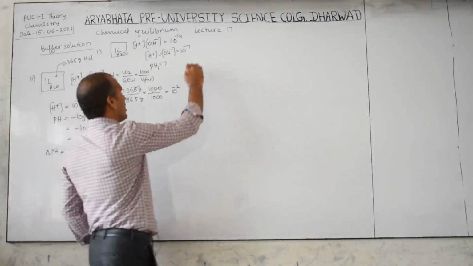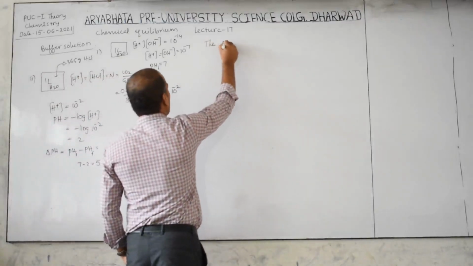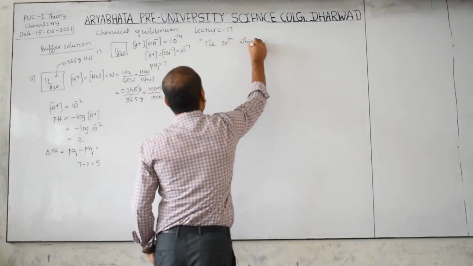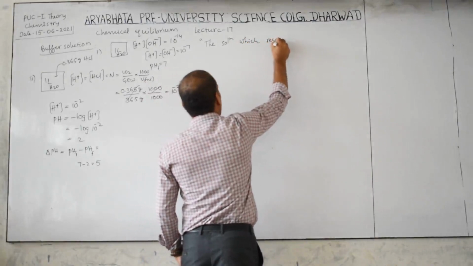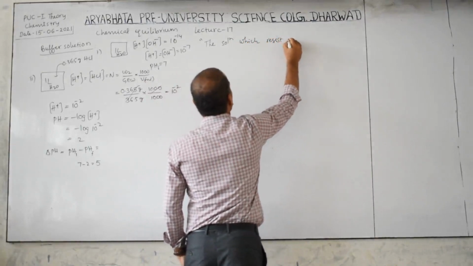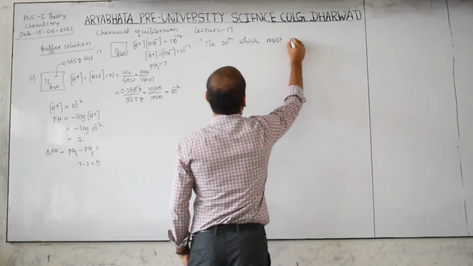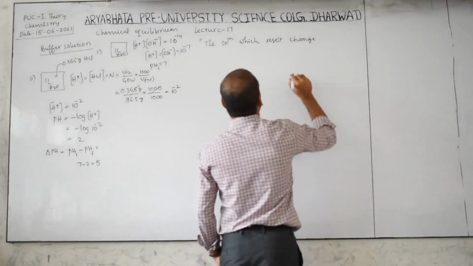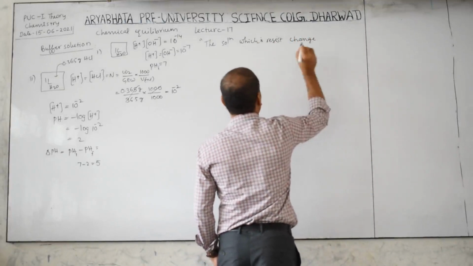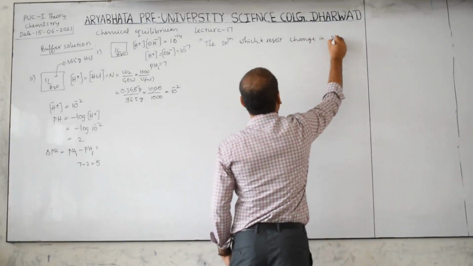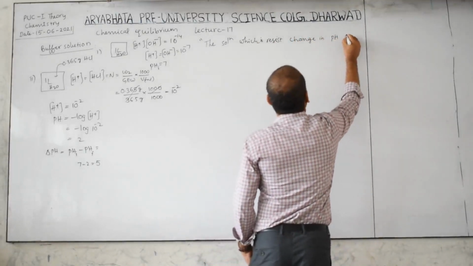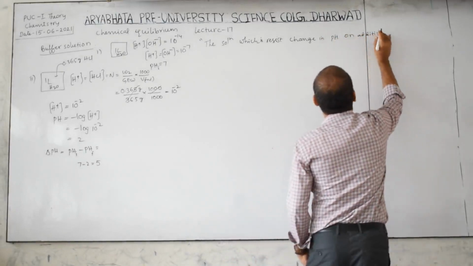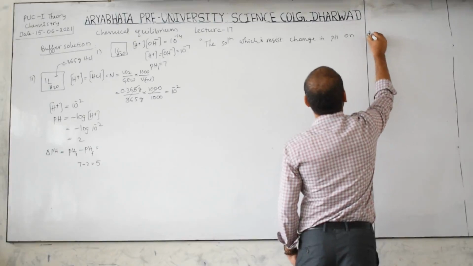The definition I will write here. The solution which resists, meaning stops, change in pH. The buffer solution is one which resists change in pH on dilution, we can add that, on dilution